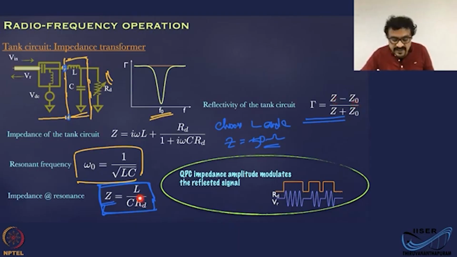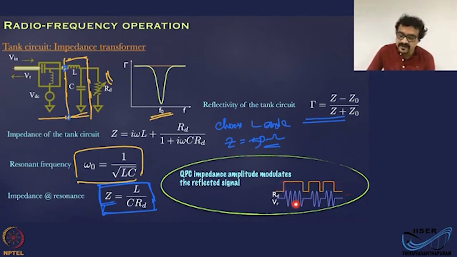But any small variation in reflected power driven by variation in RD will show up in the gamma measurement or in the reflected power measurement. For example, if your RD is fluctuating this way,